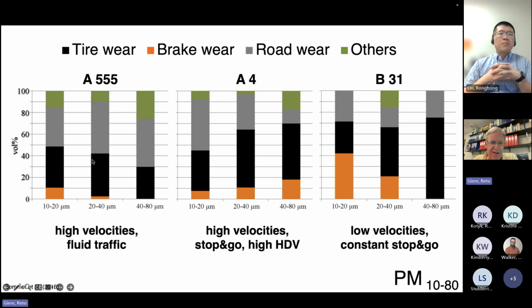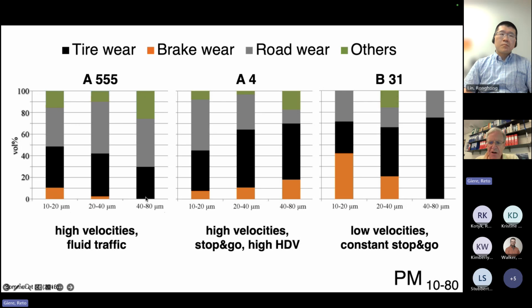So the same roads again, this is the high traffic, fluid traffic, high velocity highway. And you see here, brake wear shown in orange, tire wear in black, and road surface in gray. And you see, depending on the size on this highway, you change the proportion of the different particles. So for example, because we have fluid traffic, we do not have a lot of brake particles in the coarsest